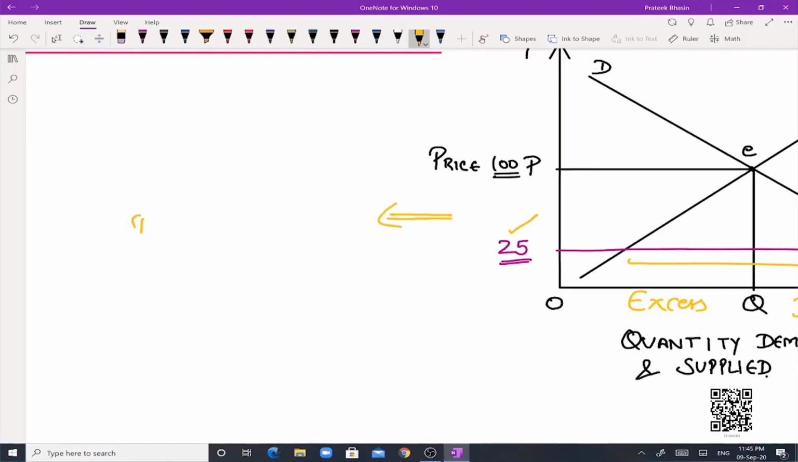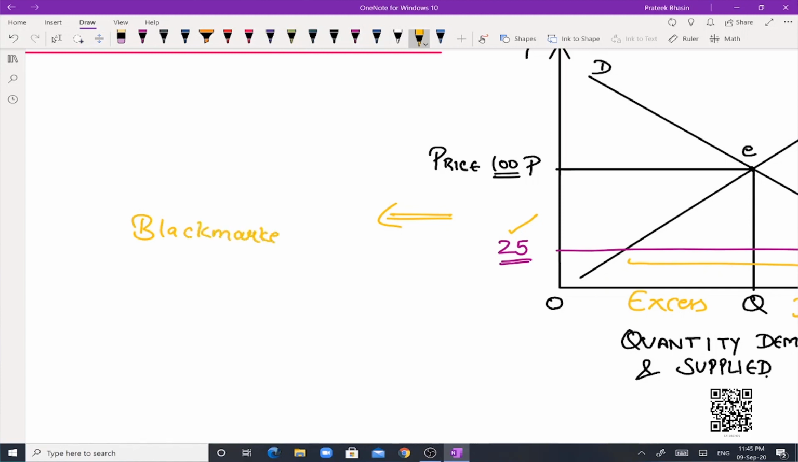This is because the producers are only willing to sell the desired quantity at rupees 100, but the government has announced the price to be rupees 25. Now, more consumers would be willing to buy onion, but fewer producers would be willing to sell onion at the prices stipulated by the government. What will happen? It will lead to black marketing of onion,